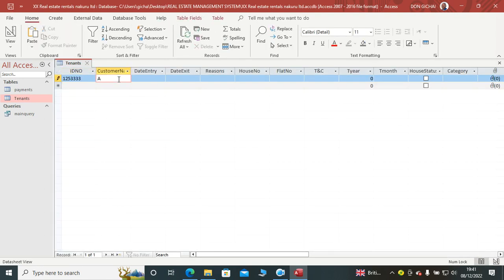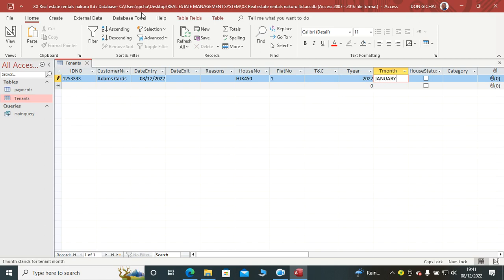Customer name here, let's have Adams, date entry 8th, then house number can have house JK 450, flat number 1, then year is 2022, month is